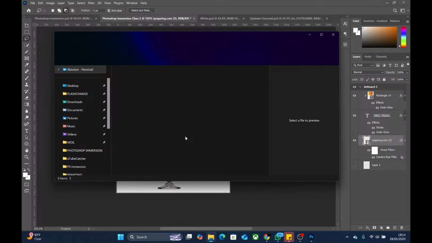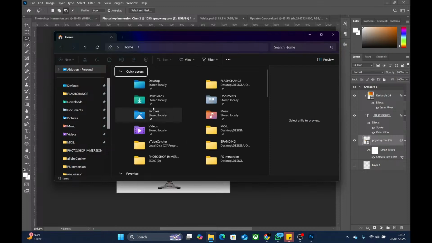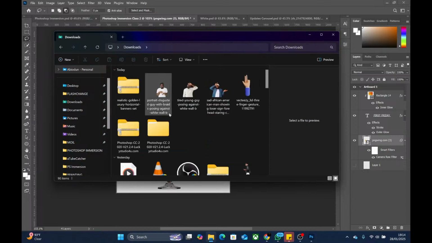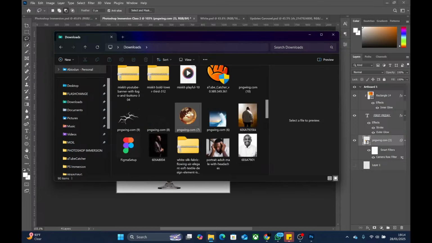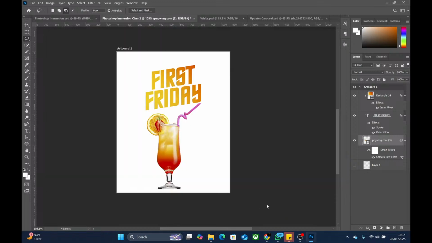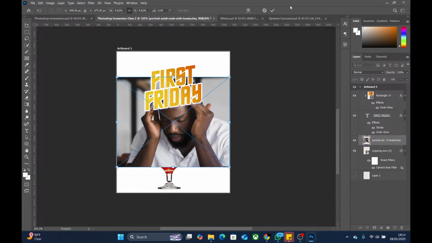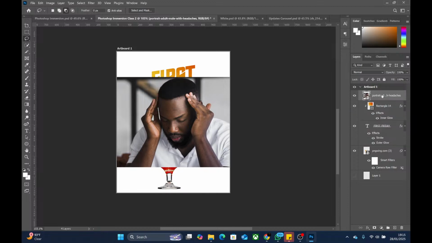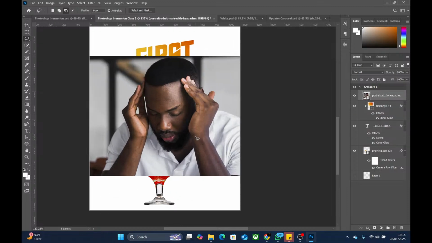And quickly I'm going to import an image and we use it to experiment with what I just said. So let me look for an image. Let's bring in this guy. I click on it, I drag him to Photoshop, and then I drop him inside, and it will import the guy. So I put it on so that we can see only the guy. So let's say I want to remove the background from this guy.